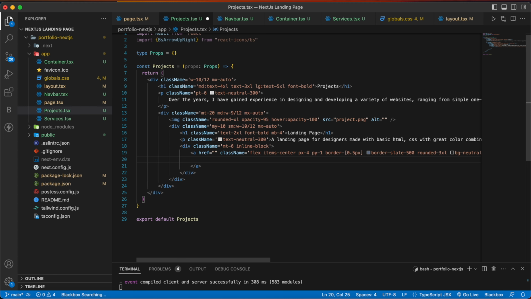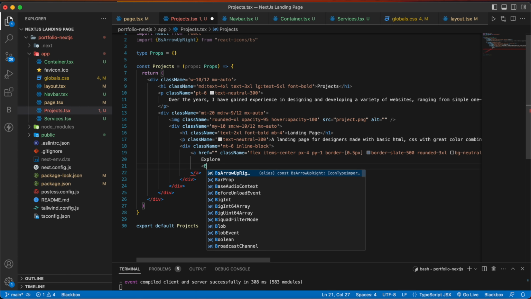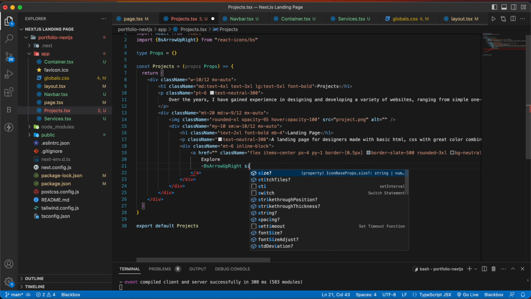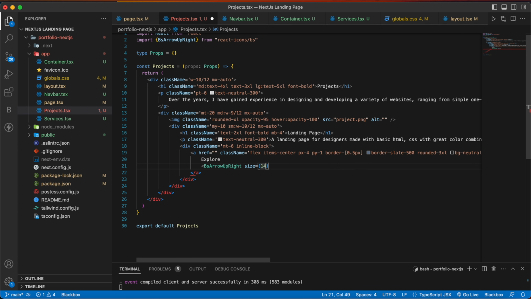Inside the a tag write explore, and below that we are going to use our icon. So BsArrowUpRight, size will be 14, and class name will be ml-2, and then close it.